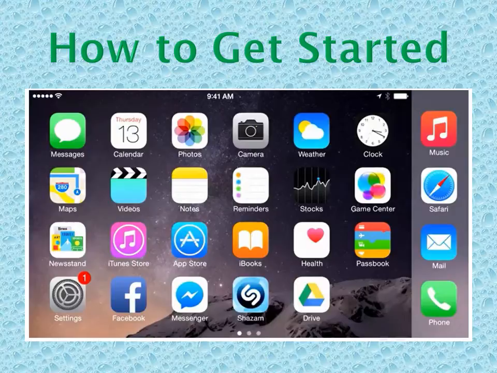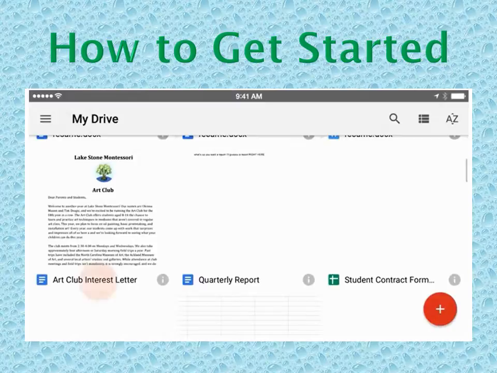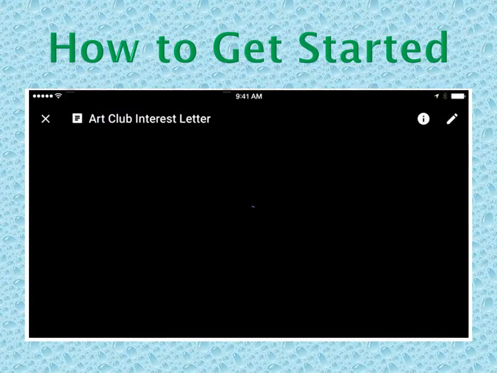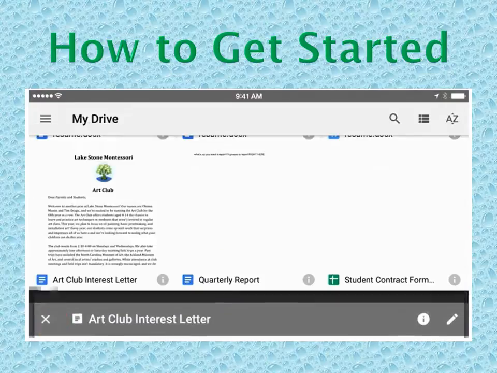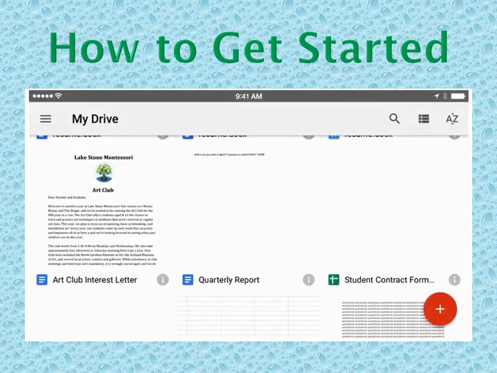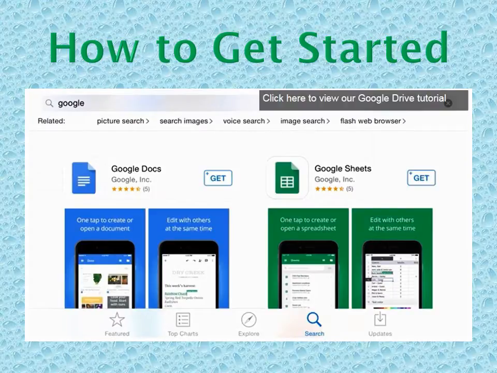One other thing we'd like to mention is the Google Drive mobile app. Available for iOS and Android devices, the Google Drive app allows you to view and upload files from your mobile device wherever you are. This can be really convenient if you want to access a file on the go or back up something from your phone. Now, it's worth pointing out that you can also edit documents on your mobile device, but you'll need to download separate apps to do that, such as the free Google Docs or Google Sheets app. Alright, those are the basics, and they should be enough to help you get started with Google Drive.